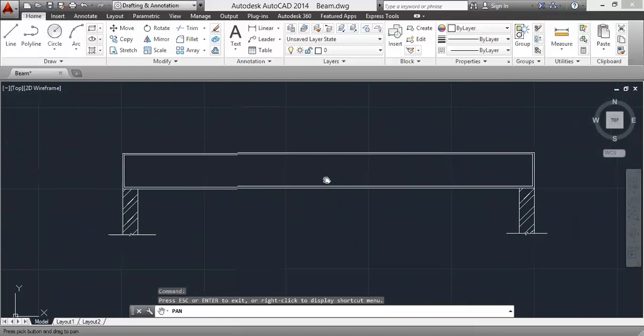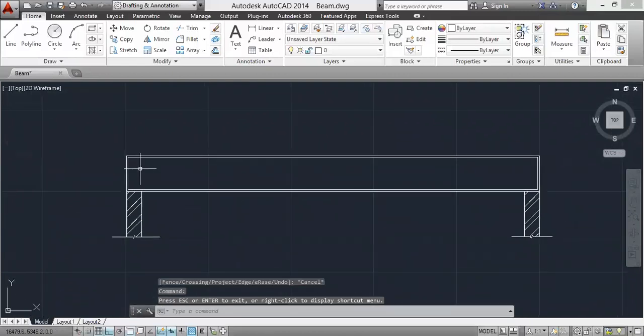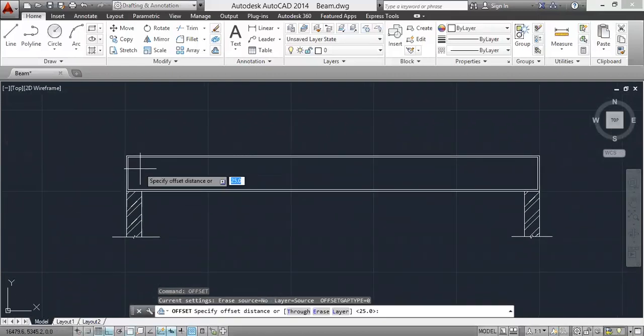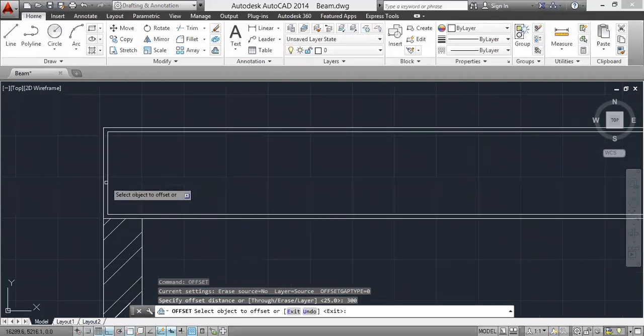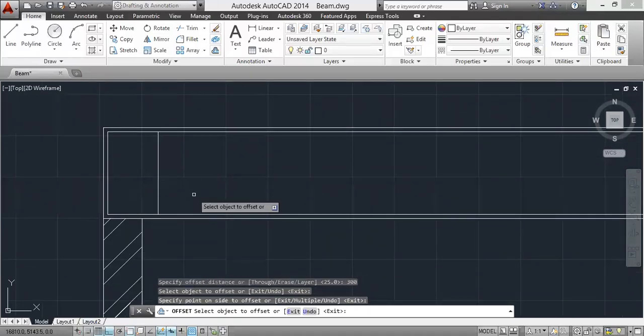Now I'll be drawing these stirrups. Take offset. Stirrups equal 8 mm dia at the rate of 300 center to center spacing. Offset 300. Enter. Click on this line and click here.